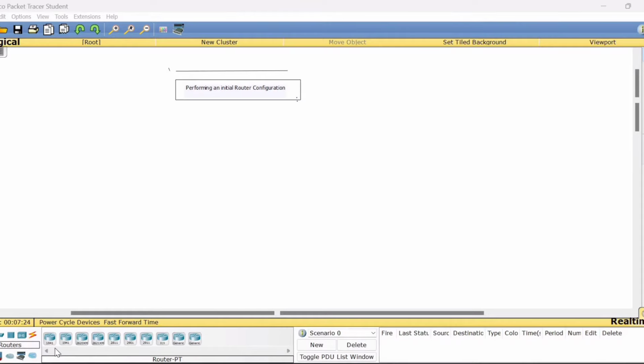Now since we are carrying out the router configuration, we'll select the router from this list of routers. So I have chosen this router 1841, and as I said, for the first time when you are trying to configure a router, you need to configure it from a terminal. So for that reason, we'll select